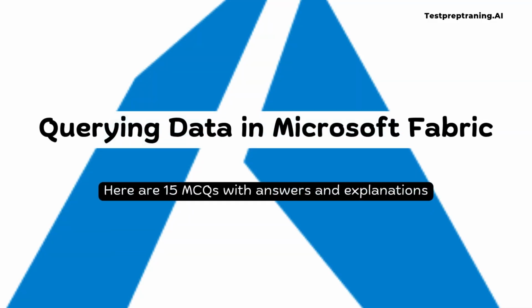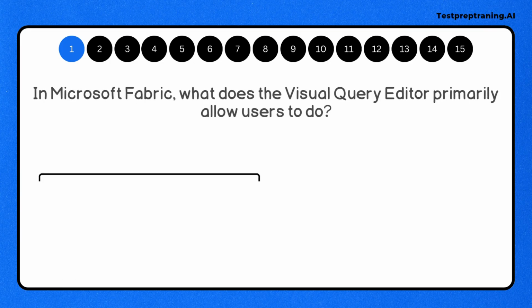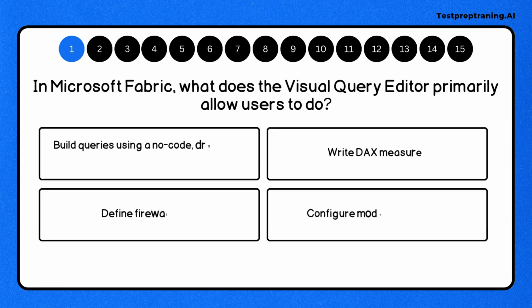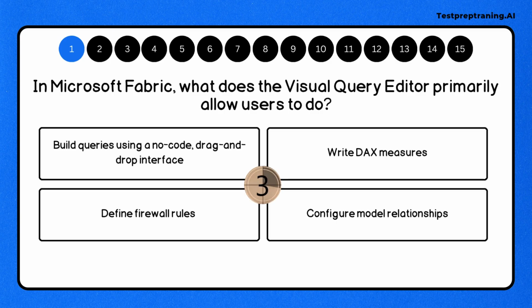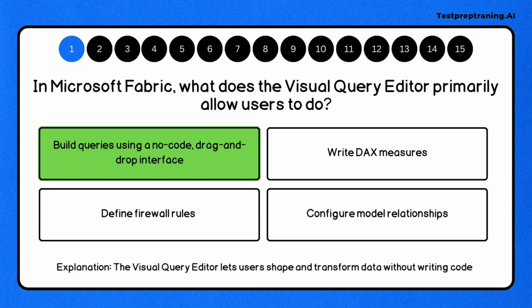Here are 15 MCQs with answers and explanations on querying data in Microsoft Fabric. Question 1. In Microsoft Fabric, what does the Visual Query Editor primarily allow users to do? Correct answer is build queries using a no-code, drag-and-drop interface, as the Visual Query Editor lets users shape and transform